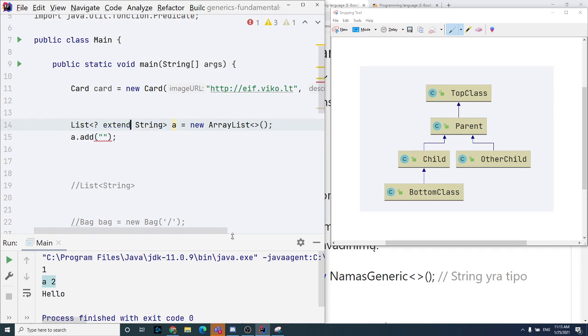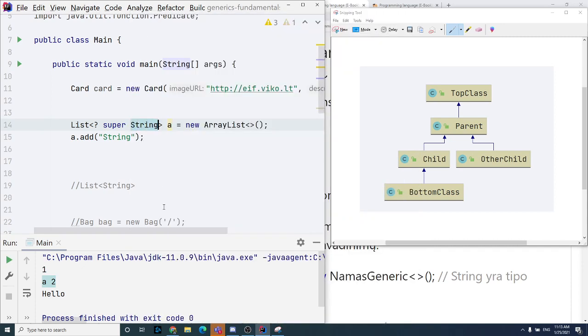Maybe super. Yeah, super. Sorry. Super and extends, two different things. It's lower bound and upper bound. Super means, when you take that class like string and all classes up to string,